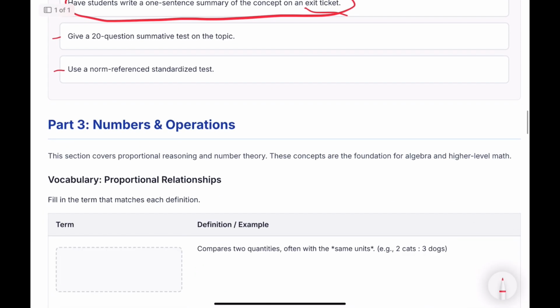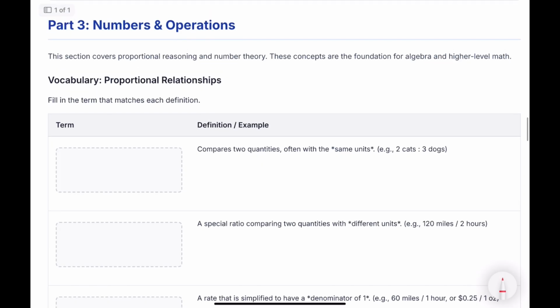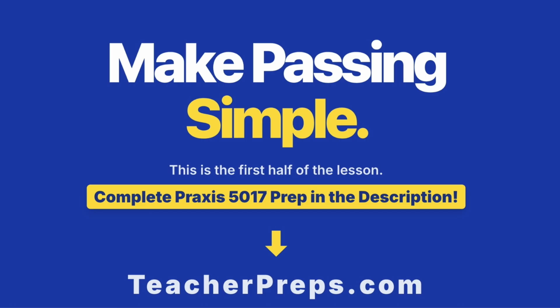All right, let's move on to part number 3, all about numbers and operations. Now, this section covers proportional reasoning and number theory. So the concepts are all about the foundations of basic algebra. Now, what the test is going to check your understanding of is that you need to know the terms and their definitions within this math context. So let's go ahead and read the definition. This one reads,